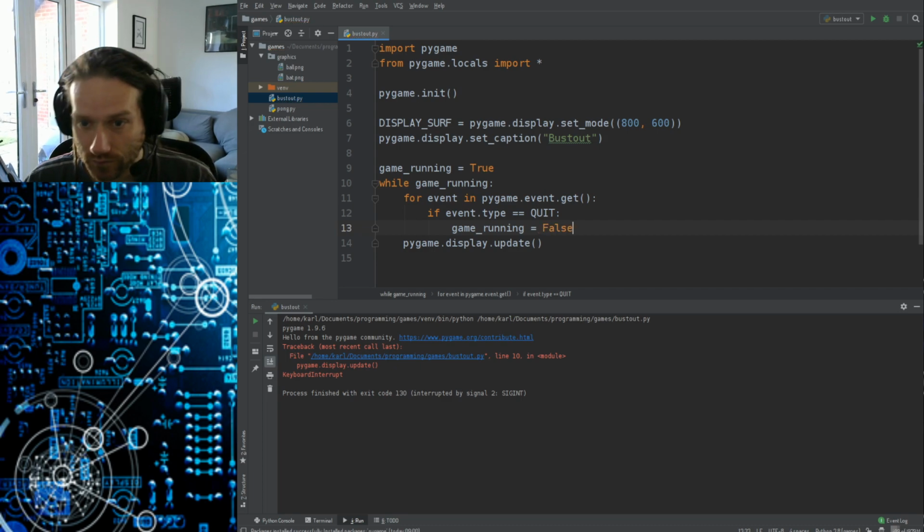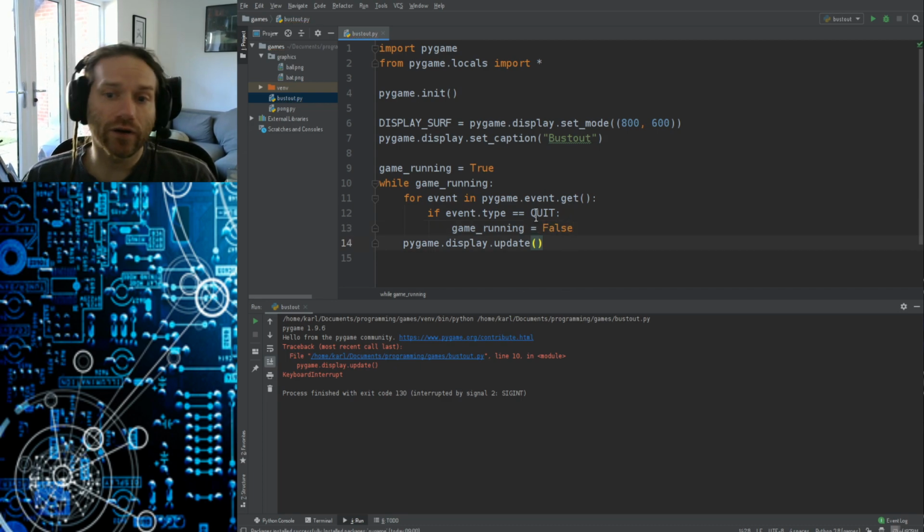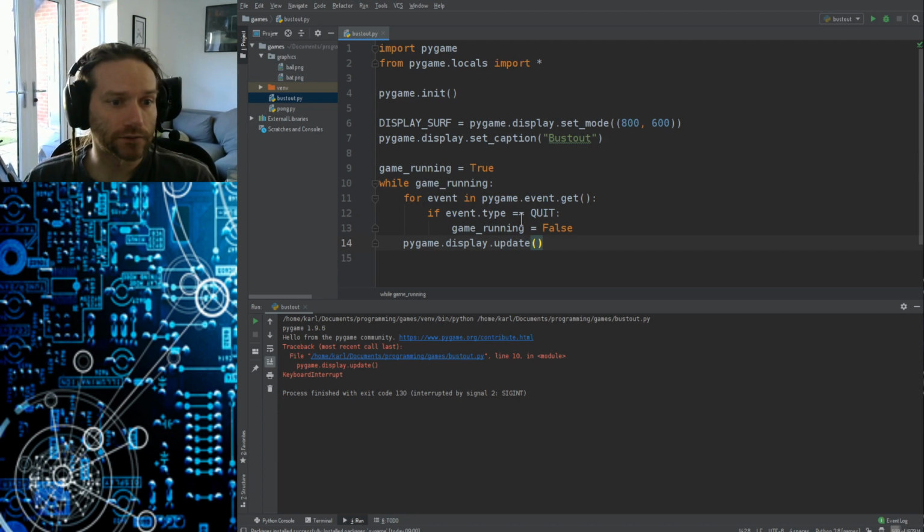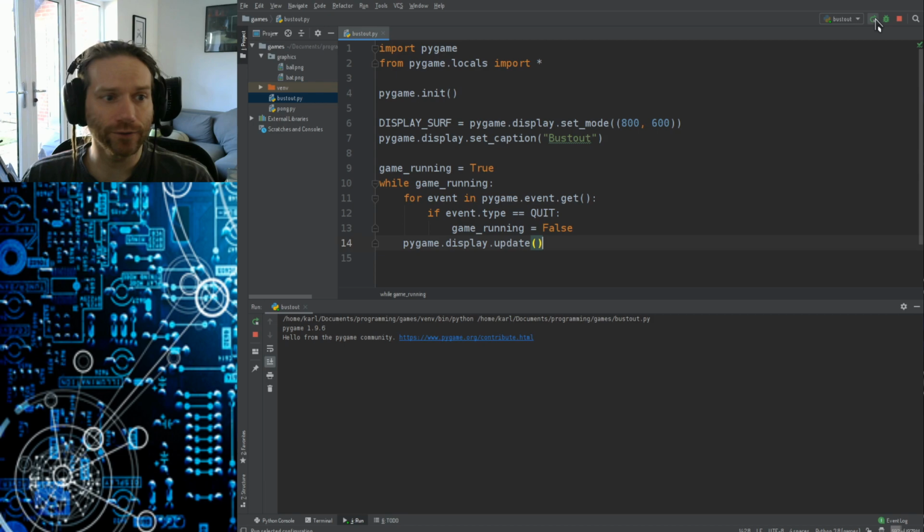And so if the game now registers a quit command, either by clicking on the X in the corner, by pressing Alt F4, or by sending any other kind of kill command, it should set game running to false, and then after it's done all of this, it will just exit that loop. If we run that now,